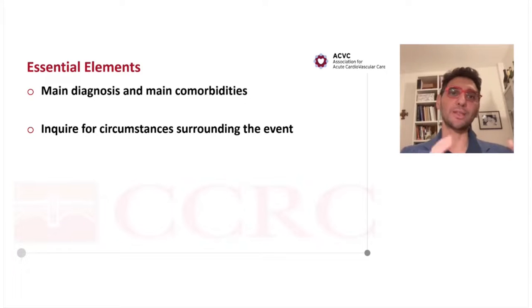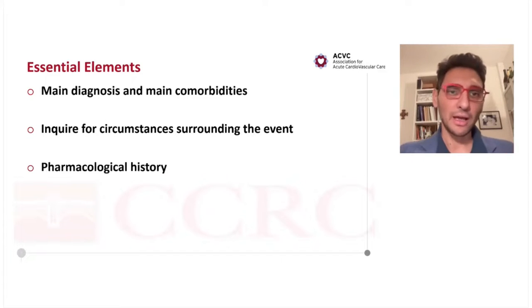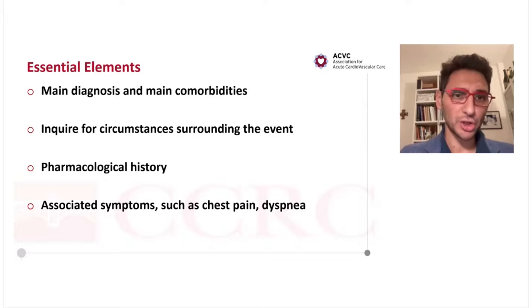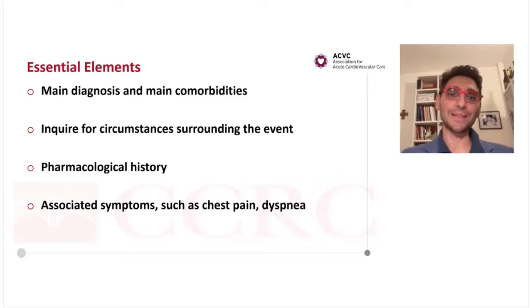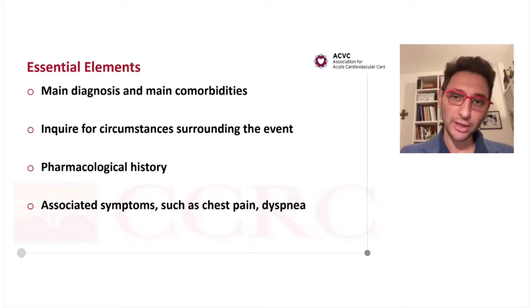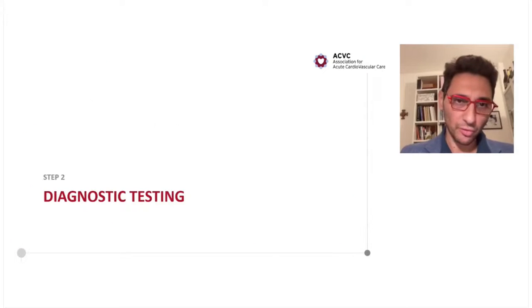So it's very important to understand what's happening, because this may be involved in a lot of situations. Know the pharmacological history, including the current medication, because all the medication should be reviewed and changed in this patient immediately as a first step. And again, understand associated symptoms such as chest pain or dyspnea that may help point you toward a direction and give you a perception of the severity of the clinical presentation. Patients in severe distress usually require a rapid diagnosis, of course.